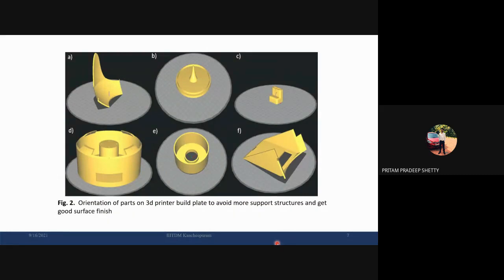As I was saying, how can I reduce the support structure? This is actually a panel for display and numeric keypad. If I had placed it another way, you would have got support structure to hold this surface. So we found that by placing it this way, we can reduce the support structure. Things like that you have to think about for additive manufacturing, and to optimize the design for 3D printing, you have to think about that. And so yeah, this is the drum which I was talking about.